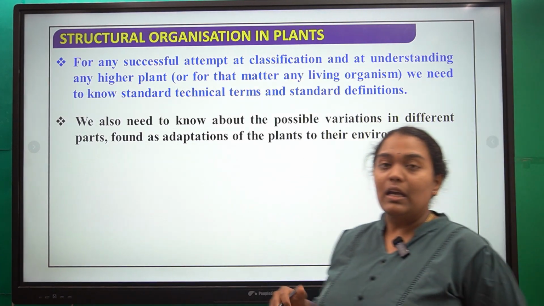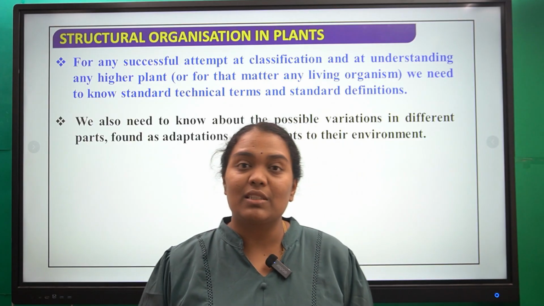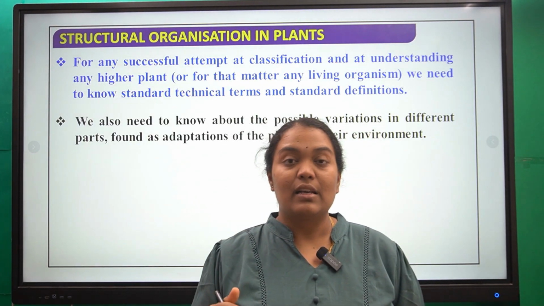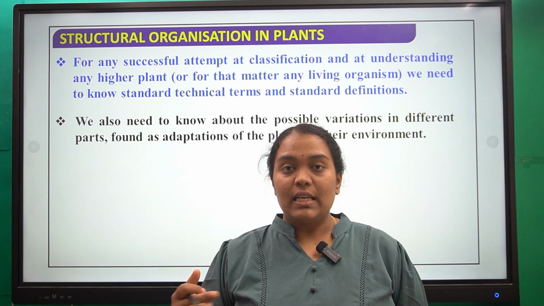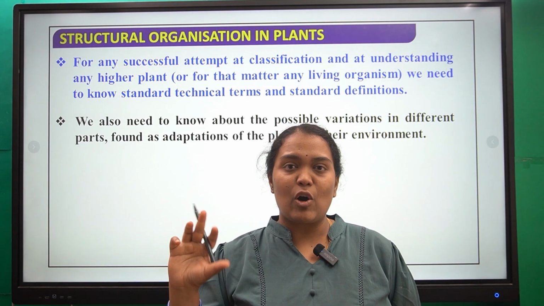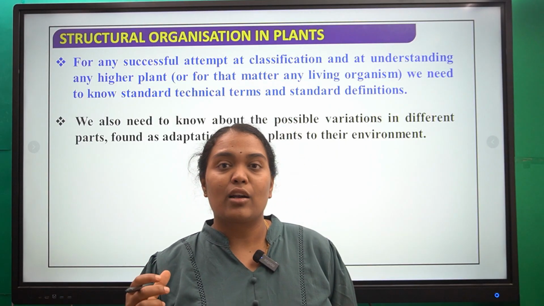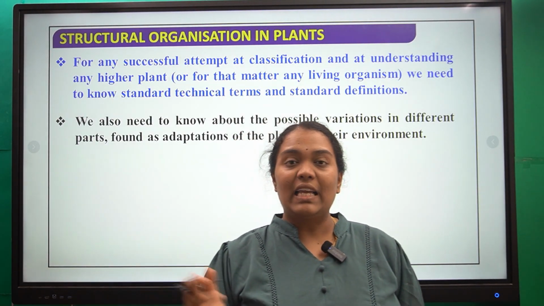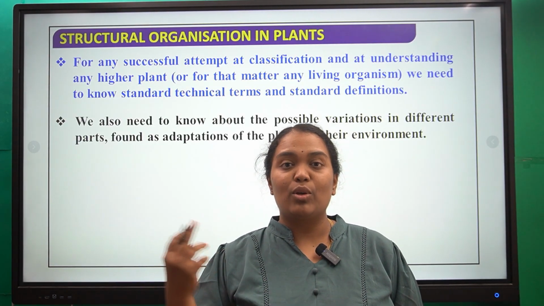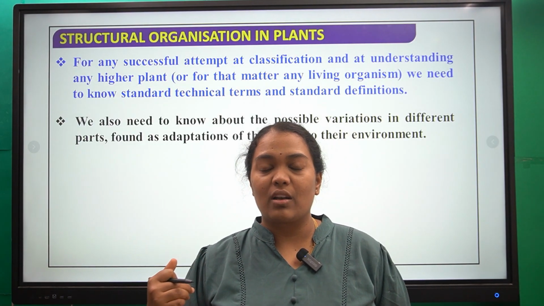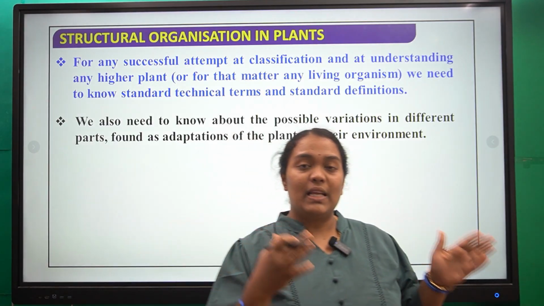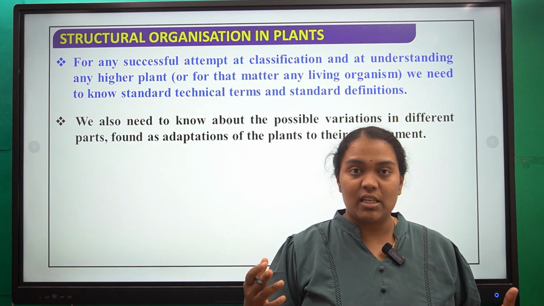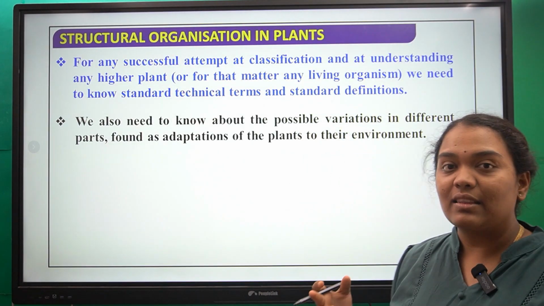So what are the different parts found as adaptations of the plant to their environment? Which means what? If you go to a desert, you will see the cactus, which has the leaves modified into thorns and the stems into storage materials, which have water stored inside. In the same way, when you go to the hilly areas, the coniferous region, you will see the seeds are cone shaped and the tall trees are present. When you go to the savanna, the dry grassy material is seen, which can be used by the organisms for feeding. So based on the area they are living in, they have undergone some changes to adapt themselves and thrive in that area.